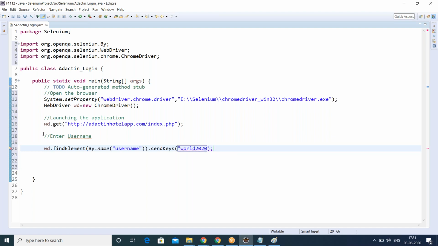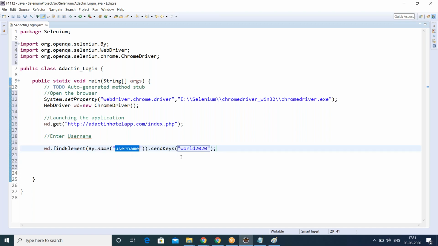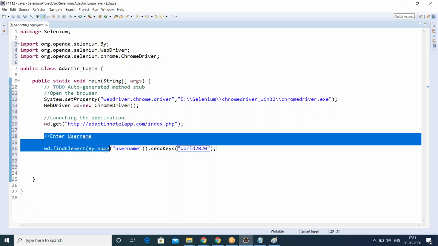Next, we have to enter the password. Send keys. This is your web element locator. Only two things will change here: your locator value and your input value. That's it. Rest of the code is fixed. Now I want to write for password.